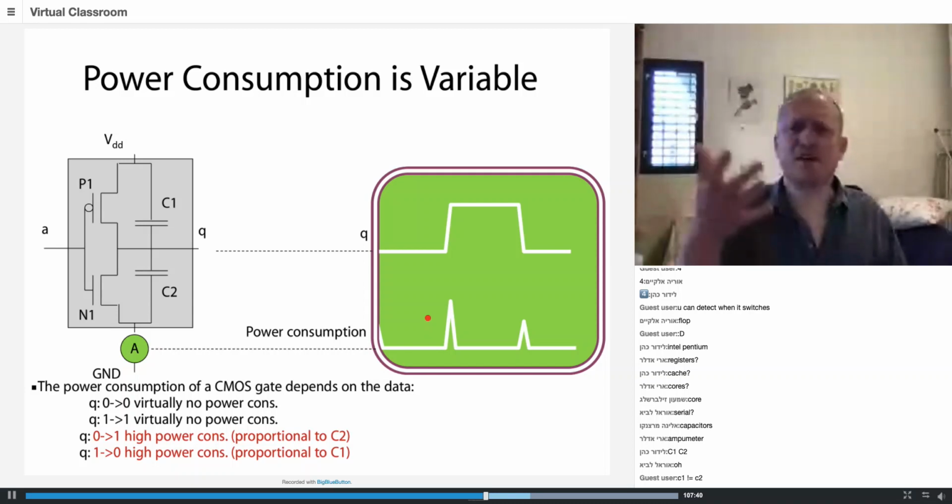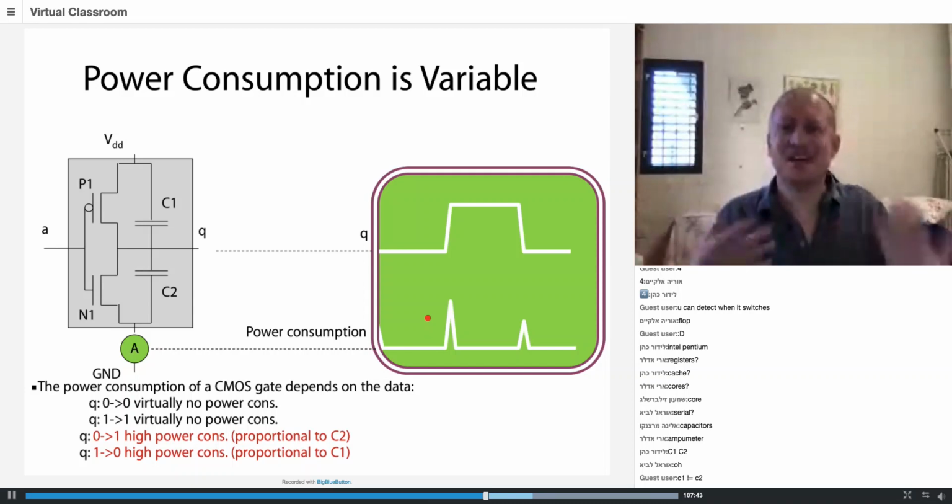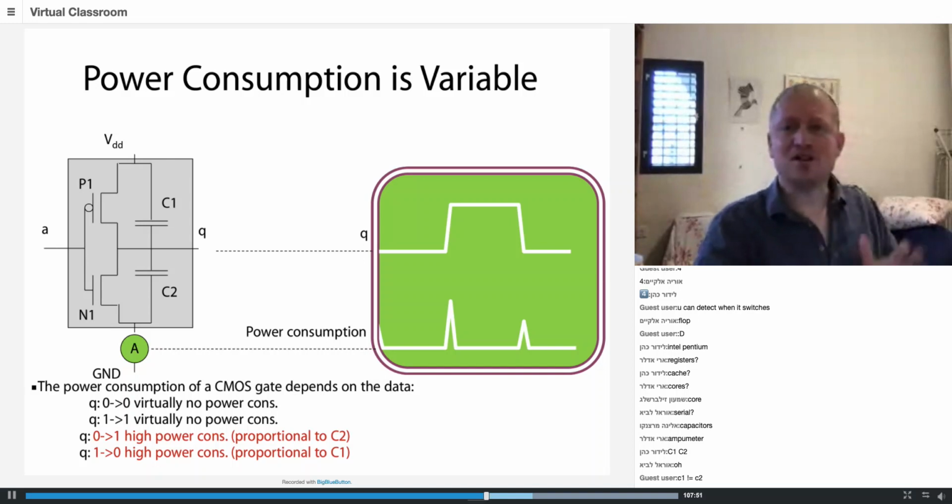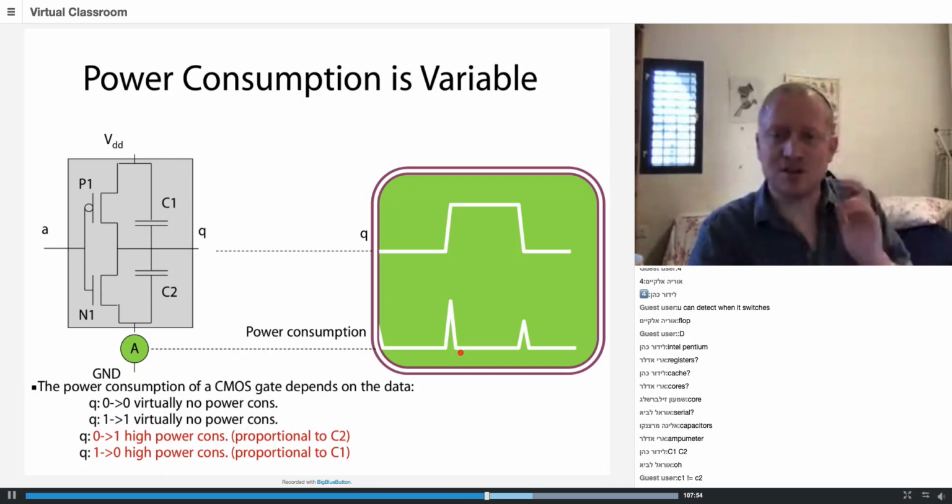So this is a very detailed model of the device, and I'm going to show you after the break that you don't have to be so intricately involved in the design of the circuit to do what is called power analysis. So let's have a